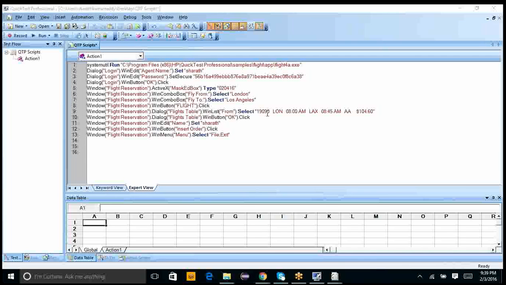When you click on the flight button, it automatically displays the list of flights, and among that list, by default, the first flight will be automatically selected by the flight application itself. So there is no manual step required to select the flight. So now, can you remove line number 9? Oh, complete. Okay, sure.